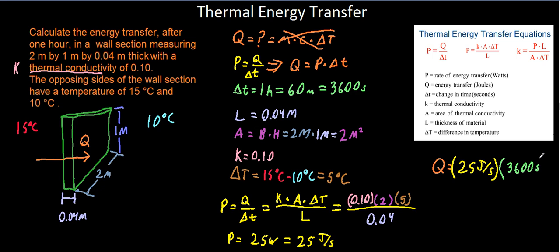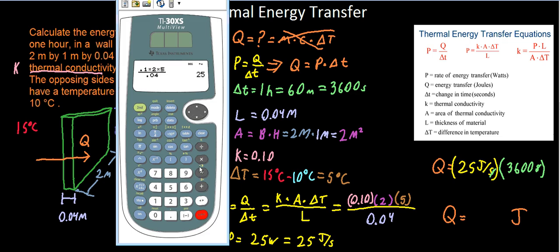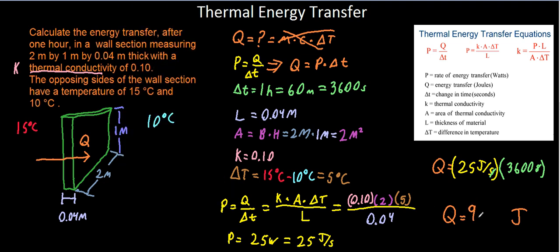And hopefully that gives away why I like joules per second over watts, because seconds cancel out and we're left with Q equals joules, because of course energy is always measured in joules, right? And then to figure this out, all we're going to do is take 25 and multiply it by the time, which we just said is 3,600 seconds. And what do we get? We get energy transfer is 90,000 joules